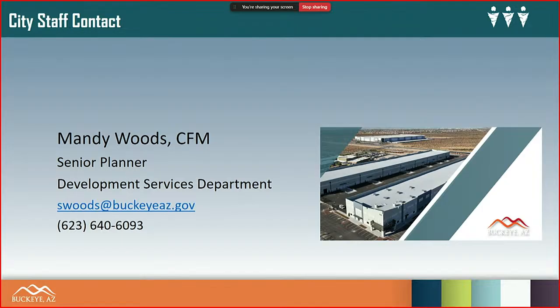A 100-lot plat, relatively small: could that be approved administratively? Something like Floreo and Terravella, with 5,000 lots, I don't think we have any intent to make that something that wouldn't come to the Planning and Zoning Commission. Similarly with the site plan, Mandy said 75,000 square feet is currently that trigger. That was a somewhat arbitrary number that was chosen. Should that be the number? Should it be 100,000? That's basically what we're evaluating.